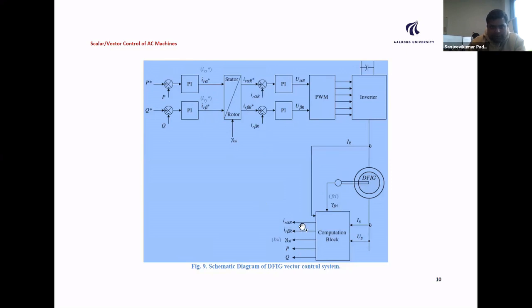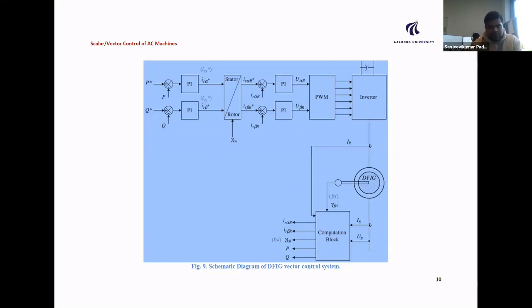Then these parameters can be compared with the actual value from the calculations fed here. Put a PI regulator. The purpose of the PI regulator is to regulate IR alpha and IR beta, so that we can regulate active and reactive power effectively. And these parameters are in current, so obviously we get a voltage parameter which controls active and reactive power. Now we feed the PI regulator output to the pulse width modulator, which is able to generate 6 PWM.